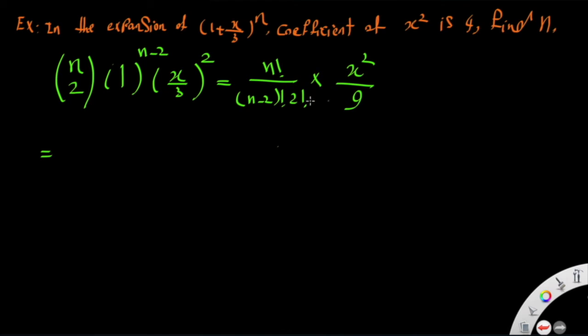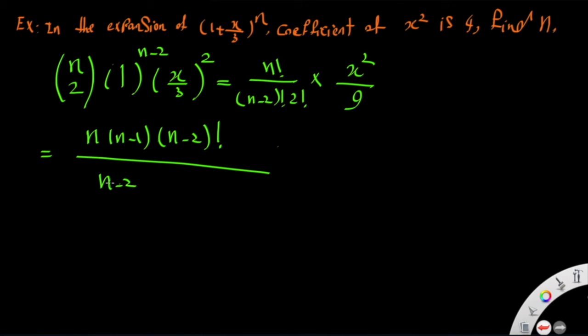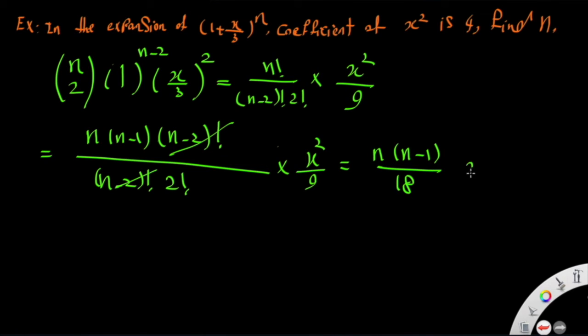Now instead of n factorial, I write n times (n − 1) times (n − 2), but I don't continue, I put a factorial here, over (n − 2) factorial 2 factorial. We can cancel out these. 2 factorial will be 2, so